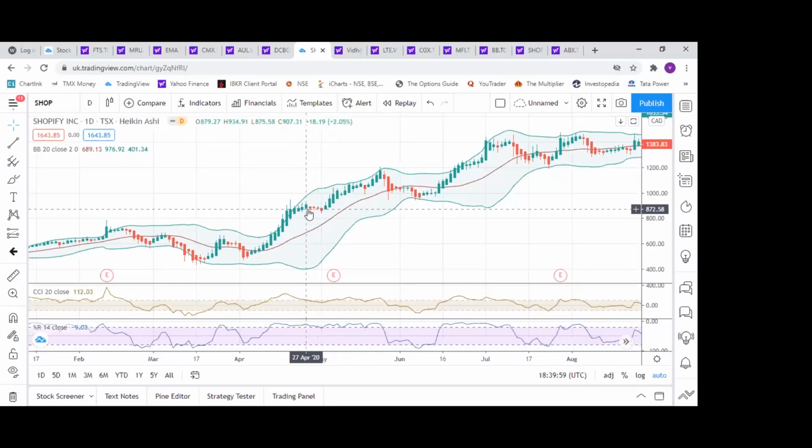But my CCI and my Williams R is not really falling much. It's remaining the same. But I have exited at 840 or 850. Next day, again green candle. Now here I'm adding Heikin Ashi to further add to my portfolio. What is the high and what is the low? High is 928, low is 870. The next day, low is 886, high is 988. I buy at 956, the closing price. 956 on 5th of May, I continue.